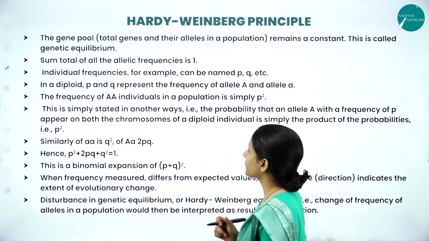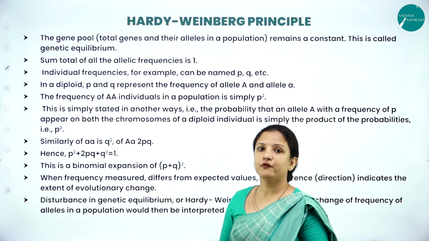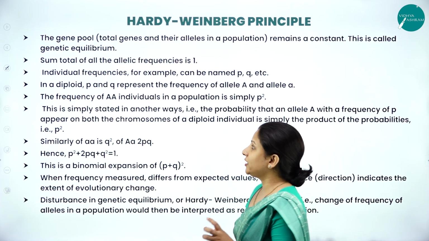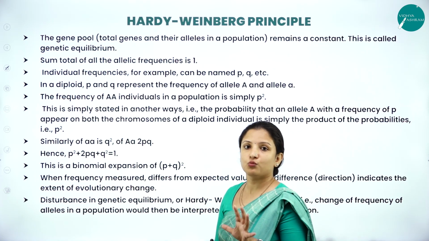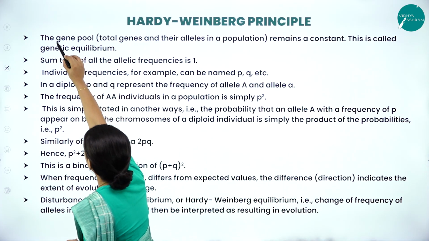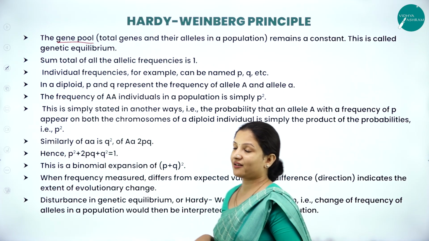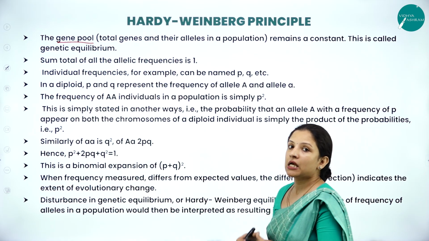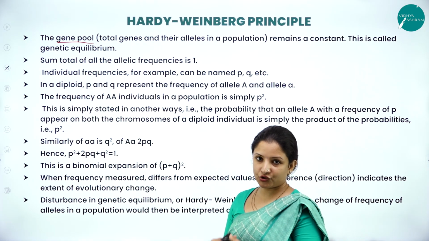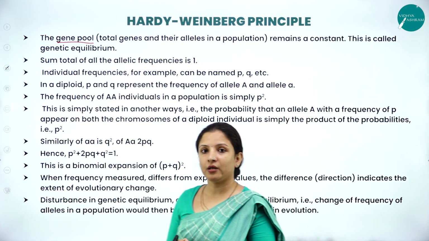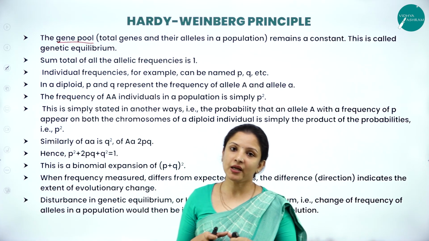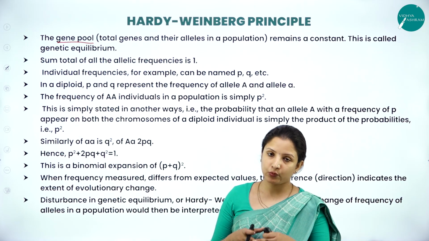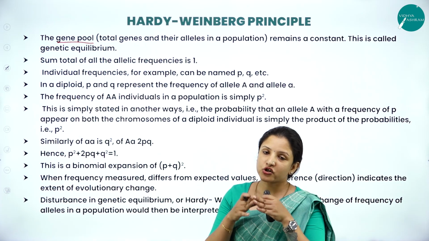We will look into that. Before moving on to that, before talking about the frequency of the genes in a population, we need to know about the gene pool. So what is gene pool? All these are important MCQs that can be asked. Gene pool: the total number of genes and their alleles in a population, we call it gene pool. According to Hardy and Weinberg, an equilibrium needs to be attained between the organisms in a particular population, and if that equilibrium needs to be attained, then it should be constant.